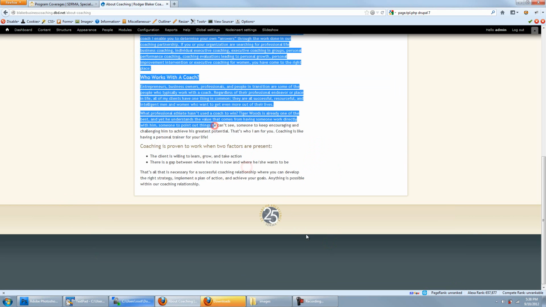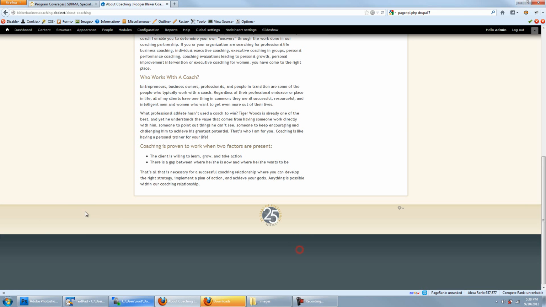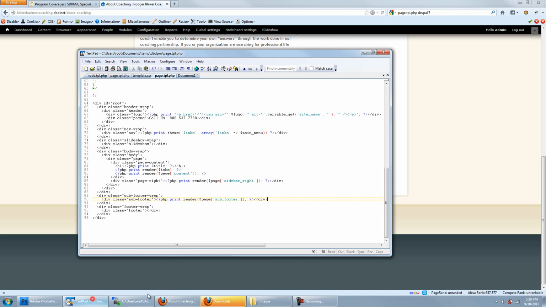We would probably want to add some margin or so. It depends how we want to do it, because if we add margin and there's nothing in here, so if we ever add a margin or padding to this wrapper area, and this wasn't in here, we would still show this with nothing in it because that little 10 pixel margin area would still be there. So you could go that route, and you could then hide it here. You could do a PHP thing, if subfooter, then you would show this,